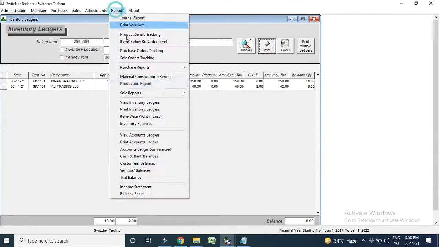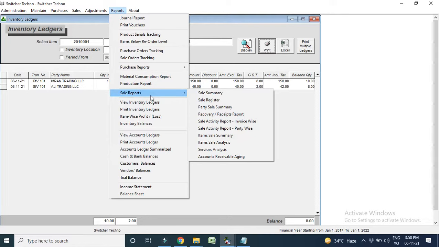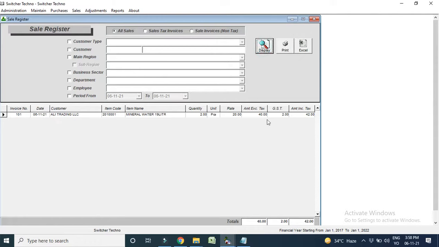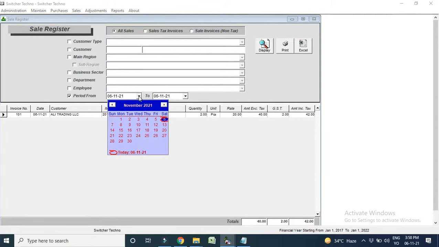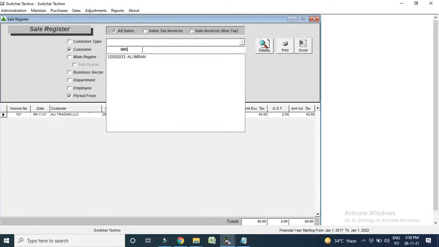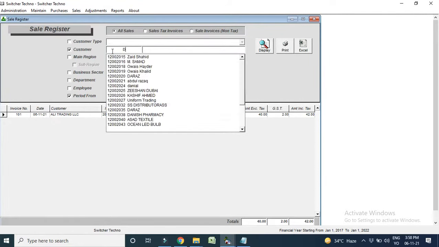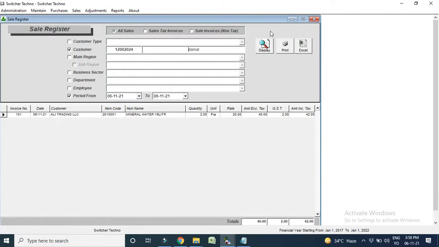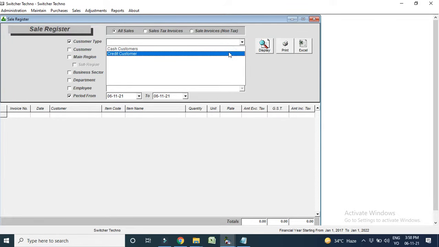Now I want to see reports. I go to sales reports. I would like to see the daily sale report. Here, total sale available is 40 dirhams. If I want to check date wise, for example, I want to filter the first 30 or 15 days of sales, I can check it. I can check by customer as well. I just want Imran sale, Ali sale, Razak sale, Daniel sale. I can check each and every one. I can filter it by customer, and also by cash and credit.